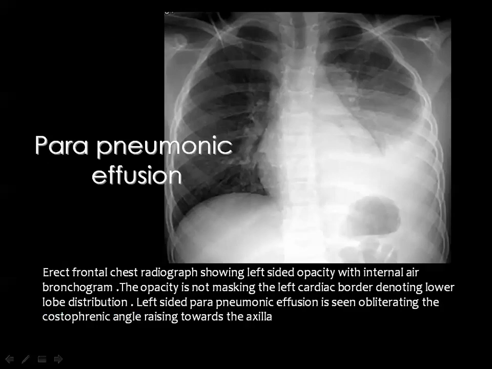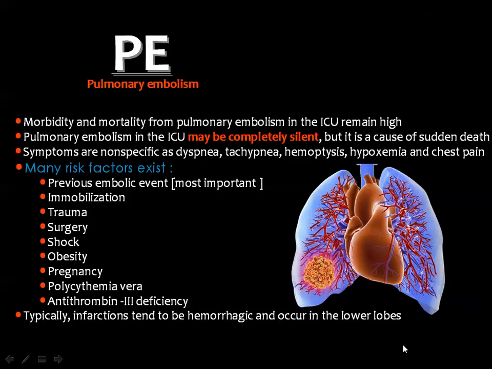Also, pneumonia will result in the development of effusion, which is known as parapneumonic effusion, as you can see in this particular case with obliteration of the costophrenic angle. Then we came to three issues in the mediastinum, which are pulmonary embolism, superior vena cava obstruction, and cardiac tamponade. Pulmonary embolism is one of the well-known events that can be identified in the ICU patient,